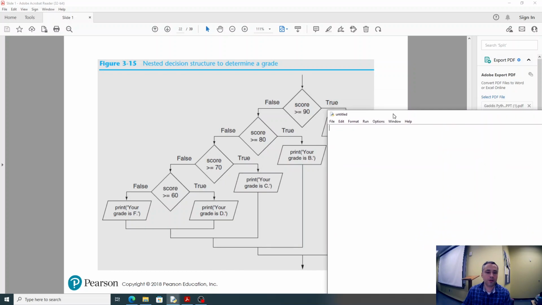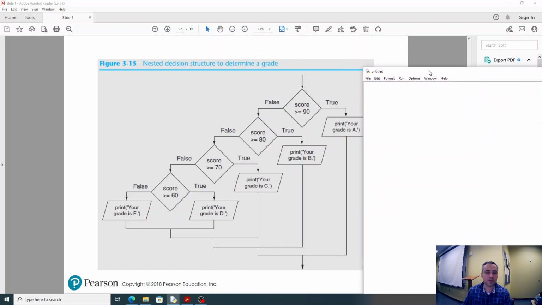First of all, we need to ask for a score. So score should be an integer value. Input, enter your score. And immediately you should see what I was doing wrong. I forgot the quotation marks. In Python, it doesn't matter single quotation marks or double quotation marks. All right. If score